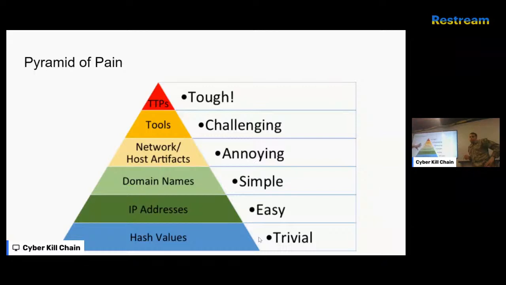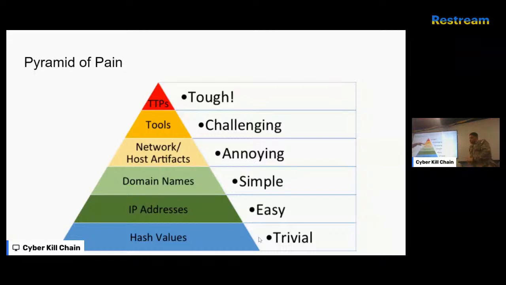And then as you go up, this starts to get into things that are much more difficult to find, like network and host artifacts. The only way for you to identify that a piece of malware is running is that it leaves a specific set of network and host artifacts. It doesn't leave anything else. So you can see that whenever they log in, they leave this specific error because the way that they run their implant on the back end didn't account for some error. So it throws an exception every now and then. So you might see that.